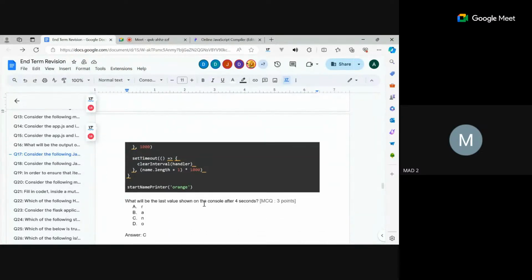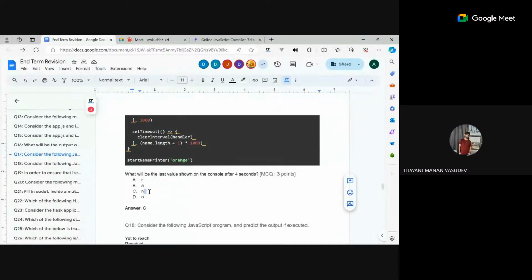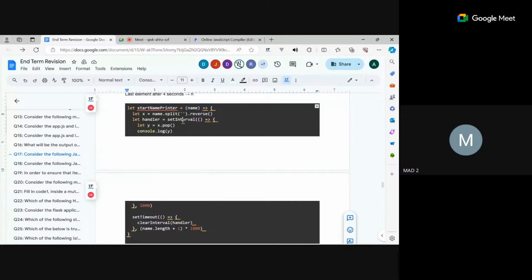All right, so the answer here that will be printed after 4 seconds is going to be n. I hope this is clear as well. So this set timeout clear interval is just putting a limit for the set interval thing to run. This is just here so that you can stop this loop that is initiated